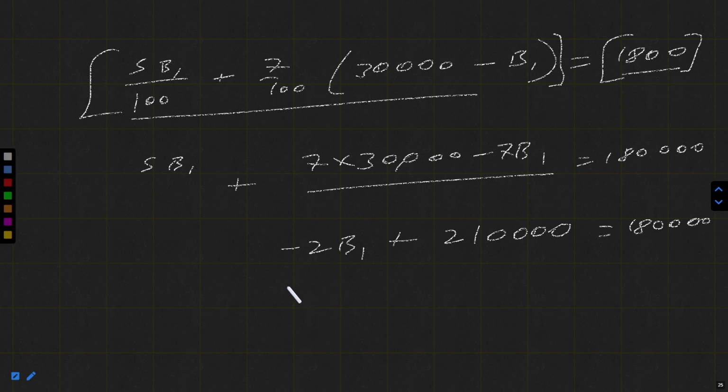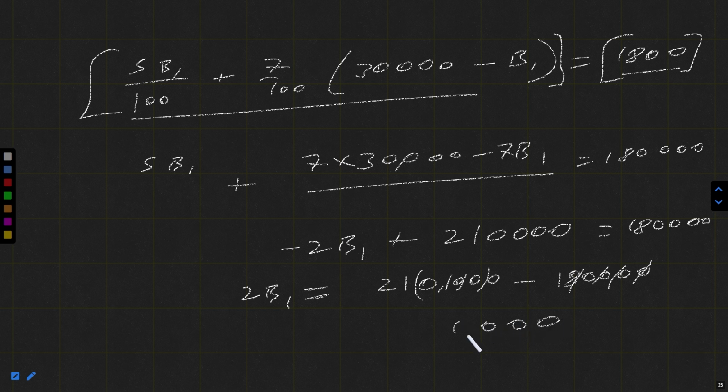Okay. Now this means 2b1 is equal to what? 2b1 is equal to what? Okay. So you can easily see this will be 21 of this thing minus 180000. Now 4040. Okay, simple. The answer will be, as you can see, this 30,000. 2b1 is 30,000. This means b1 is of